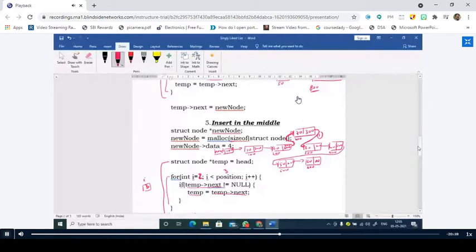Where is this 200 available? In temp next, the first node's next part, right? Yes, sir. It is present in the first node's next part. How can I access the first node's next part? It is nothing but head next. Is it right or not? Yes, sir.